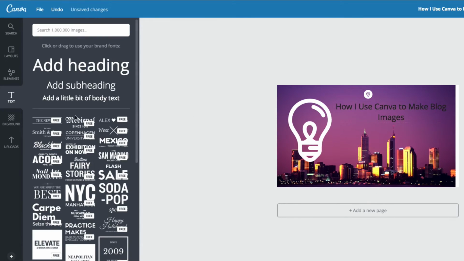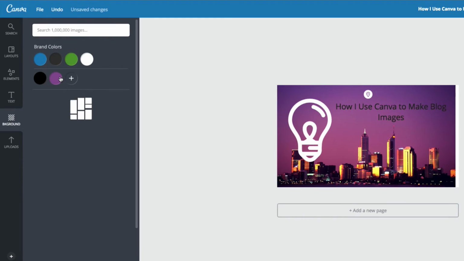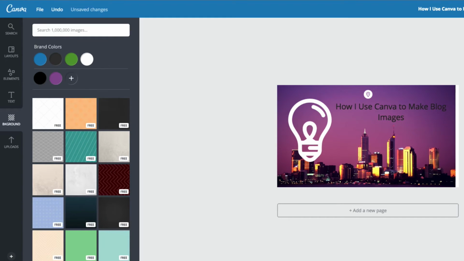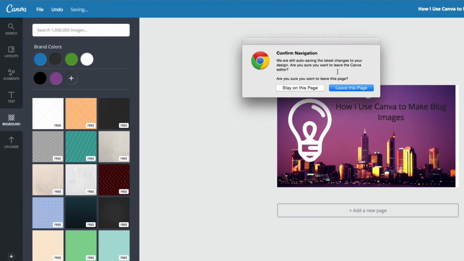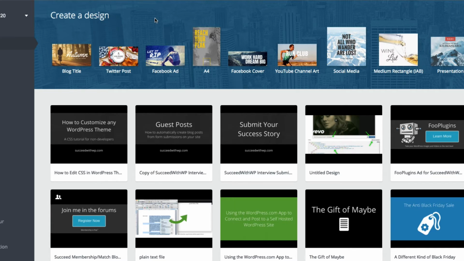So you can see adding text is very easy. Adding backgrounds is also very easy, and I'll let you explore that. So let's go back to my images. We're going to close this tab, head on over to my existing images, and what I'm going to do, I